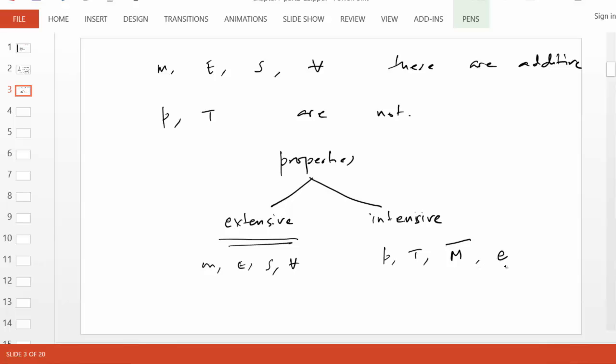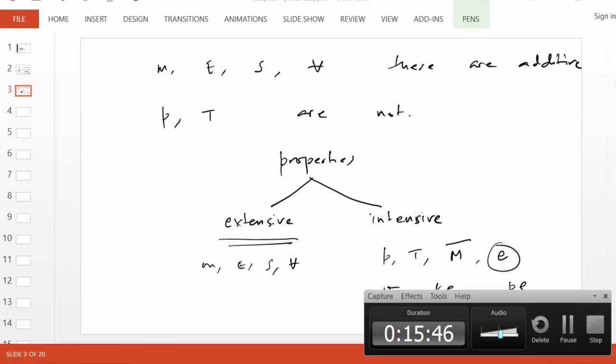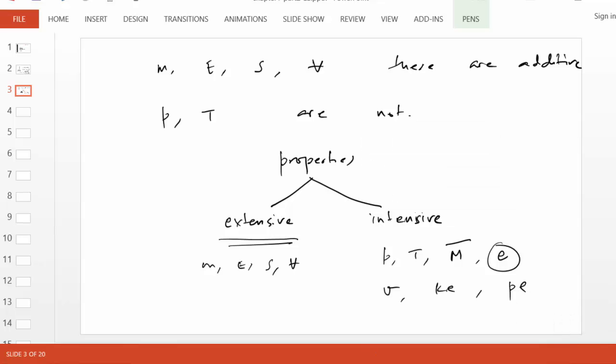Specific energy, look, specific energy, specific volume, specific kinetic energy, specific potential energy are also intensive because they are not additive. If I have the molar mass of two identical systems, when you put them together, it will not double, obviously, but extensive property means they will double. Okay, so to summarize,